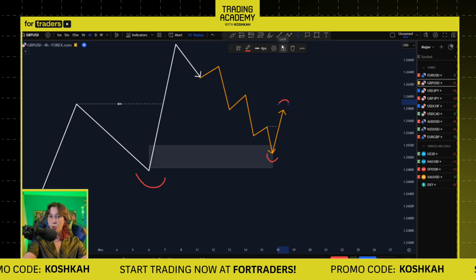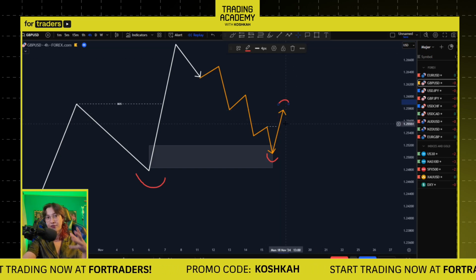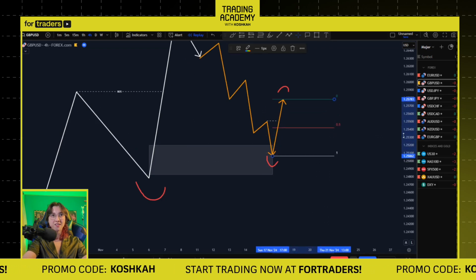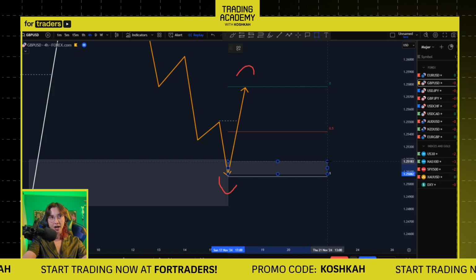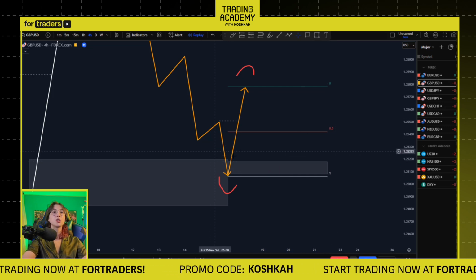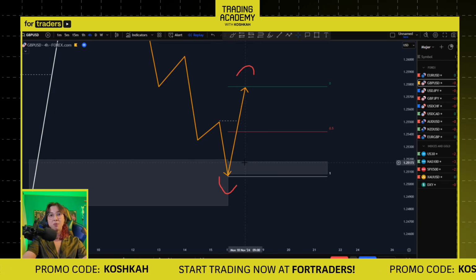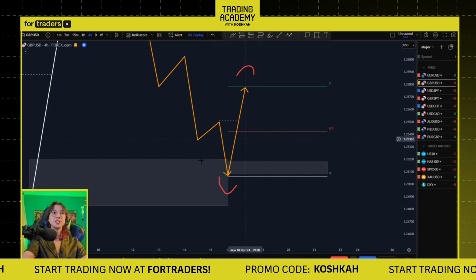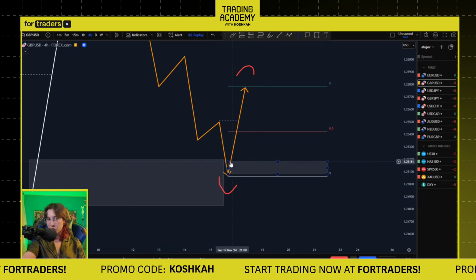So what am I going to be doing? Identifying my valid POI in this new 15-minute range. Same thing, I'm going to take my Fibonacci. Now I'm going to have a smaller range right here, and I'm going to identify again my valid POI on a lower time frame. As this is a 15-minute range, I will be identifying my POIs on the 15-minute down to the 1-minute. I just see on which time frame I have the best POI, so the most extreme one,